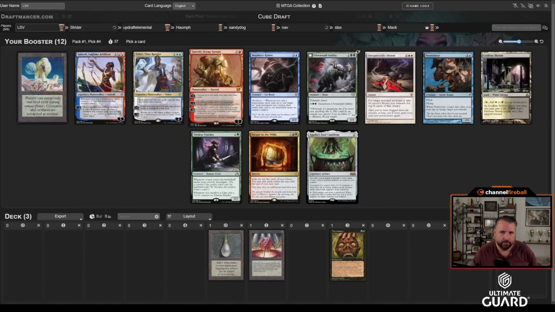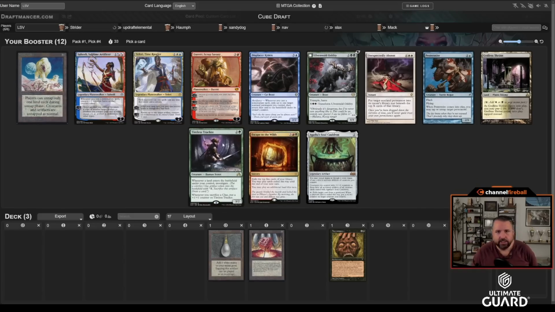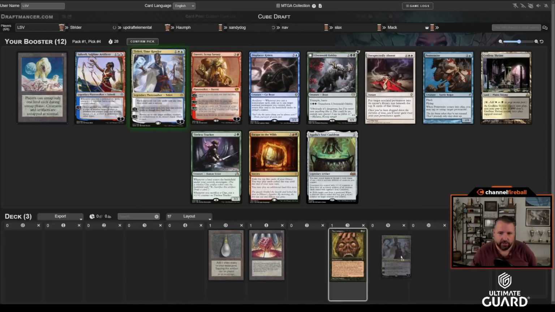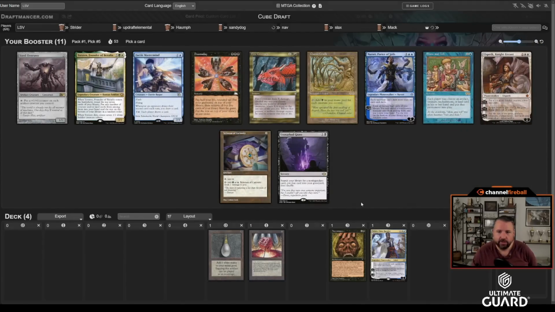Let's see. 1, 2, 3, 4, 5, 6, 7, 8. I don't think Saheeli or Displacer Kitten is going to wheel, but I would have an opportunity to do so, and I think Teferi is enough better than the rest of these cards that I should just take Teferi. And then now there's,